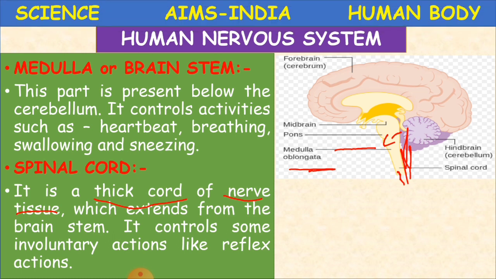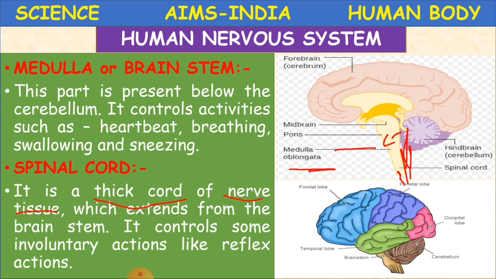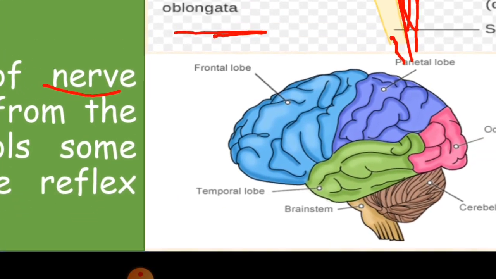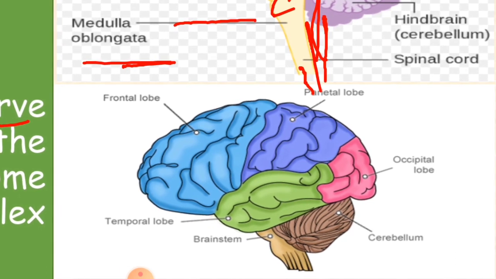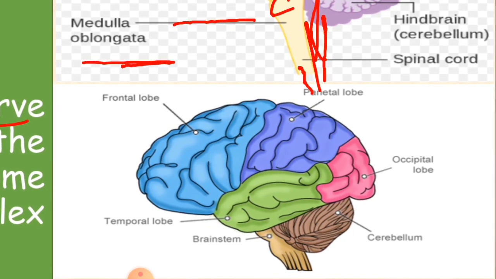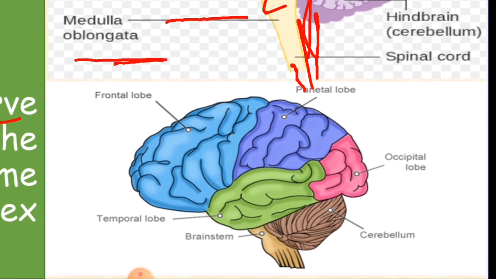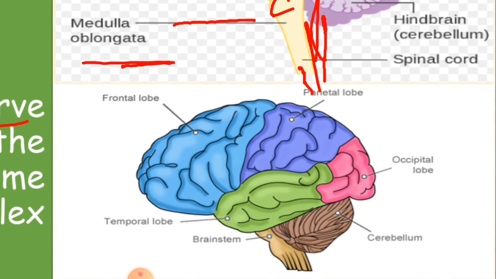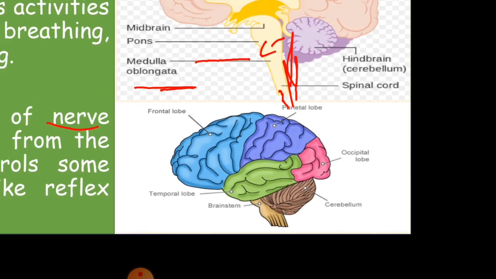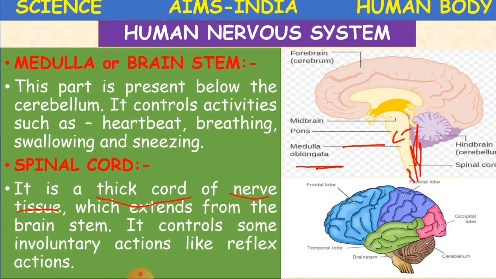Clear? Now here if you see the same diagram, I'm just making it visible for you very clearly. These are the remaining parts of the skull, that is our brain. Here are the frontal lobe, parietal lobe, occipital lobe and temporal lobe. Here is the brain stem, and our spinal cord extends from there. Here is the cerebellum. Okay children? Clear? About the remaining parts you will be learning in your future classes. We'll just move on to the next slide.